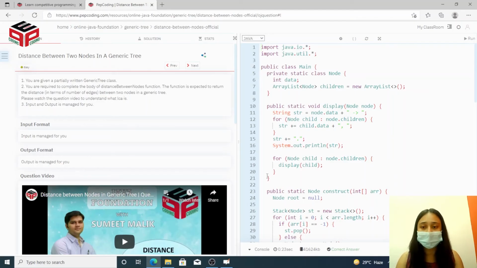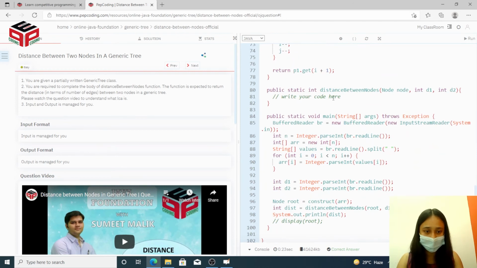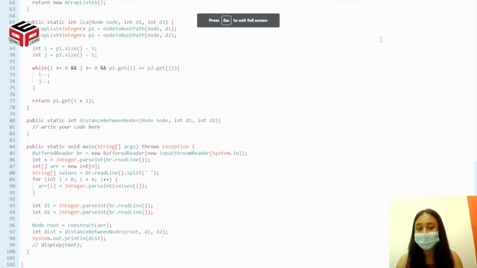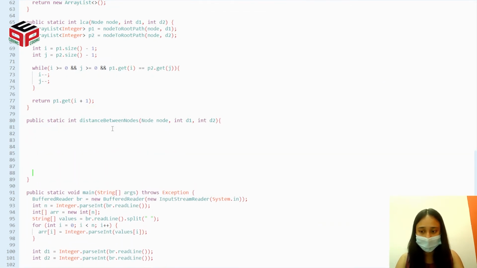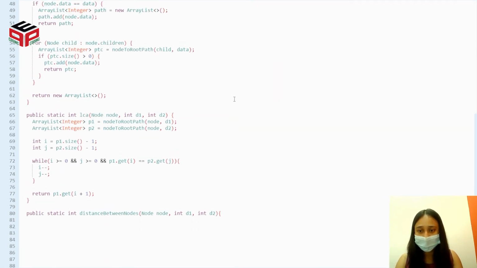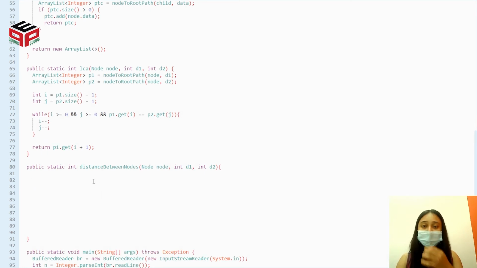Now let's code the solution for this problem. So here we have been given the question and the function is here. We have to write the function out here. So let me increase the size of the editor and let's delete this. So the first thing that we are going to do out here is we are going to find the node to root path for both the nodes. So we are going to save that in an array list. So we'll create an array list